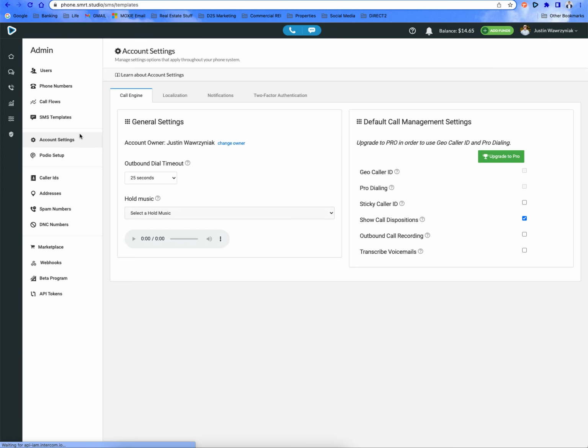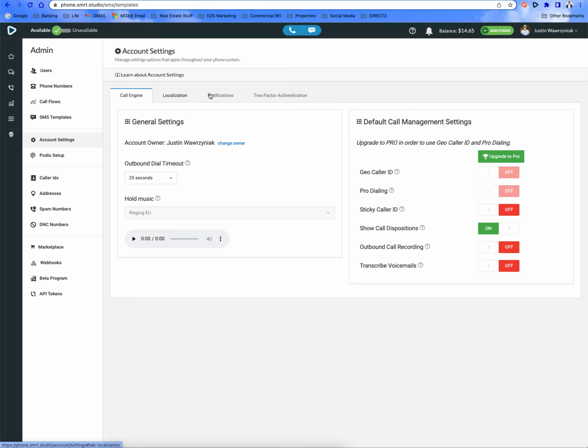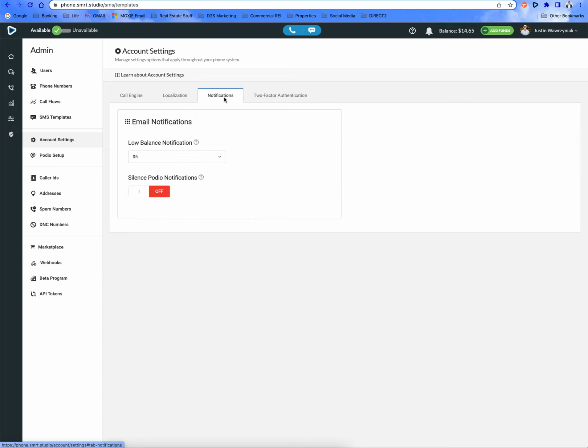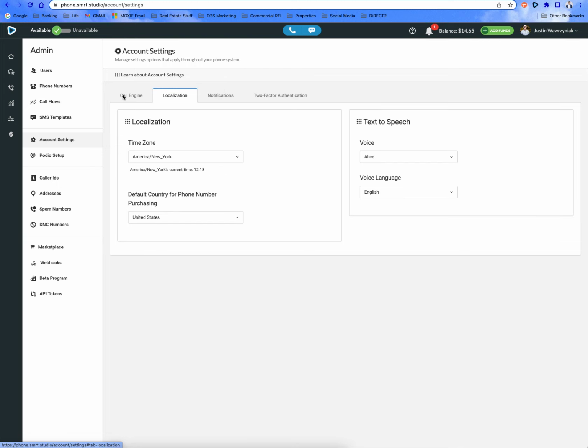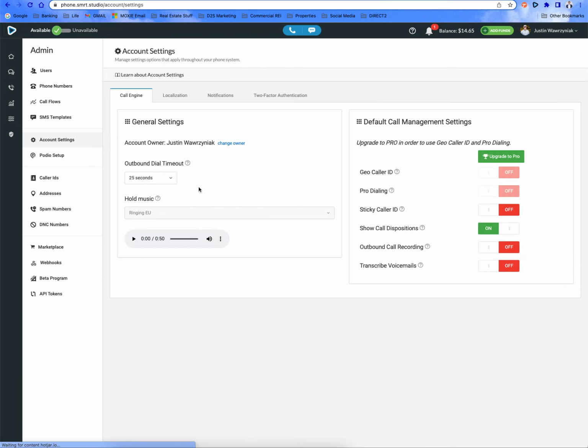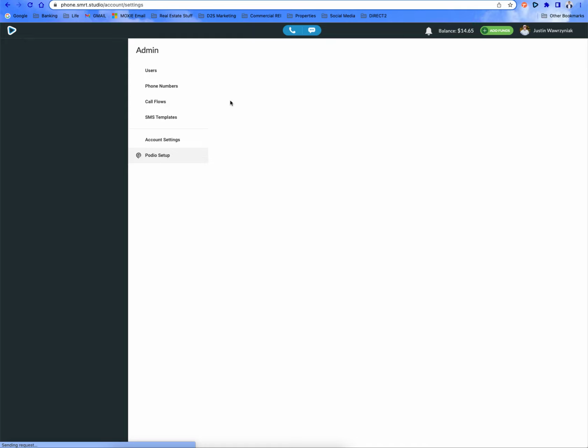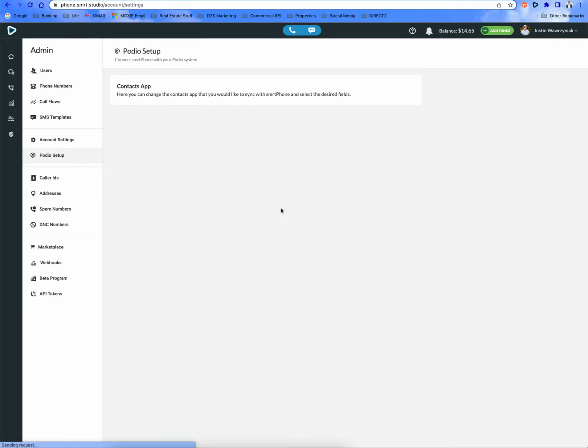Some other things to keep just in the back of your mind is account settings. There's not much in here. If you want to have a new email for low balance, it really doesn't matter here too much. Or if you think it dials too much before it times out, you can shorten that, and you can go from there. Podio, you shouldn't need to touch anything with the Podio system setup,